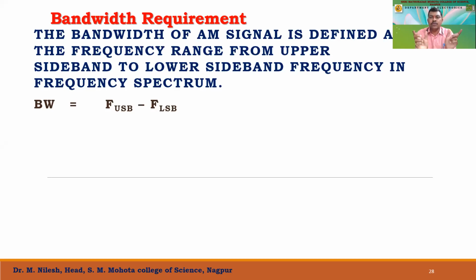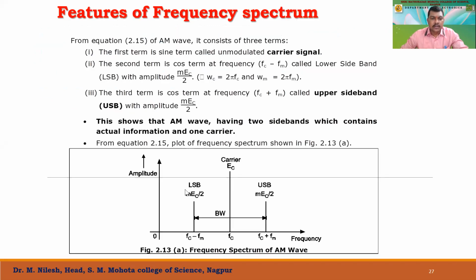So for how much frequency range does it work? I can show you back in this. Here you are able to see that we have fc minus fm and fc plus fm. We call this the upper sideband, and this the lower sideband frequency. So these two frequencies, I can name this as fH, the higher frequency, and I can name this as the lower frequency. So we'll be having 2 points.